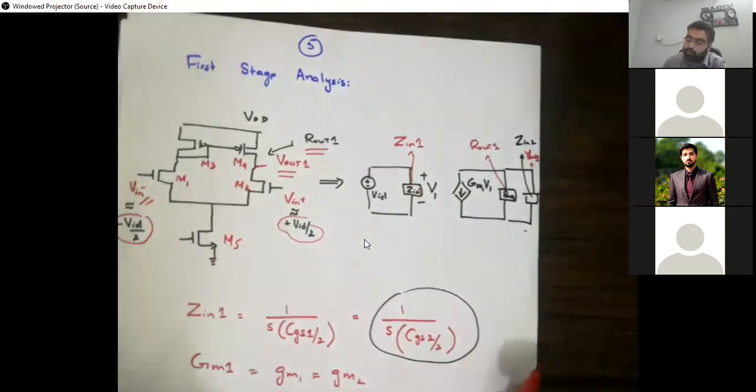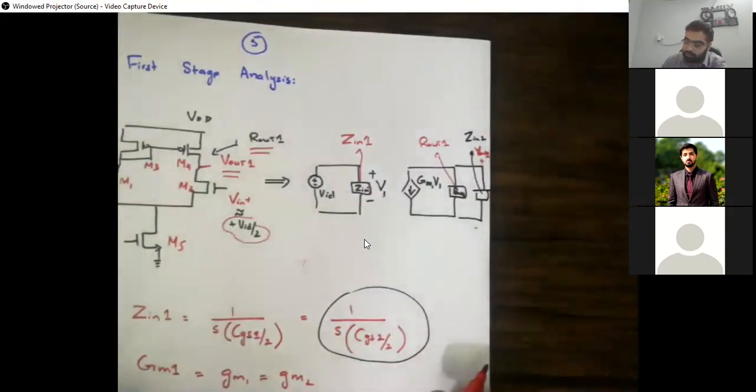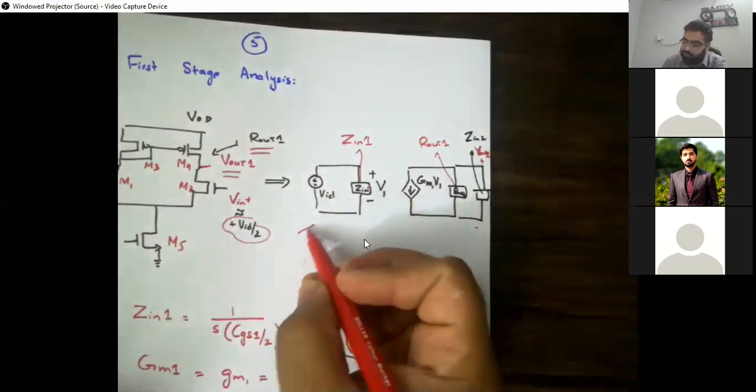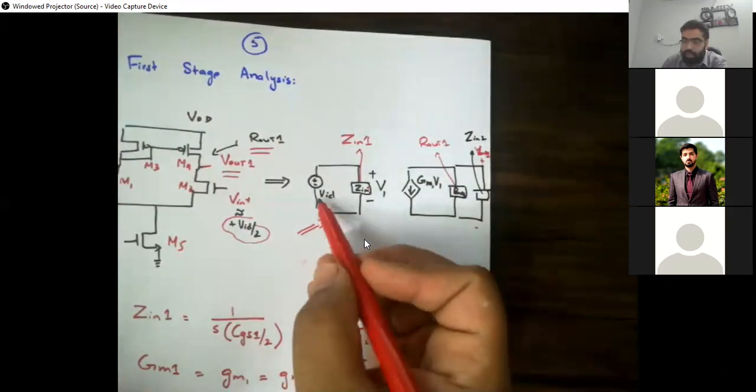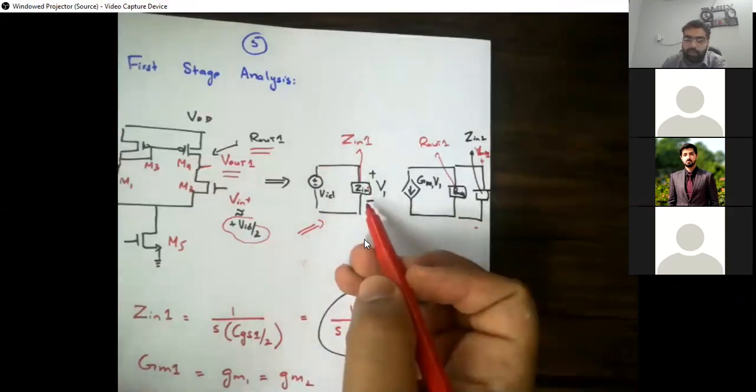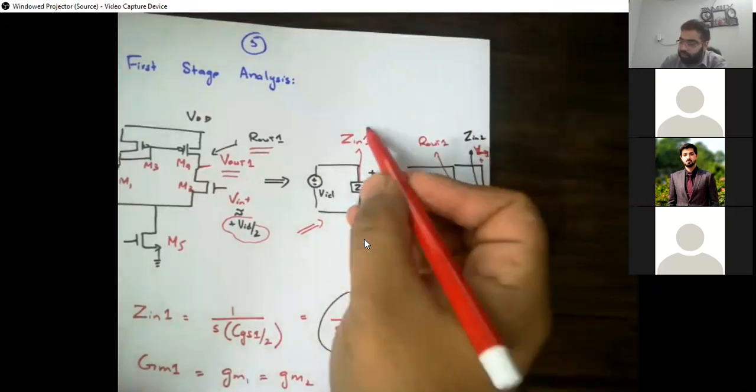अगर हम इसका two-stage model just for the simplification purpose draw करें, we can have this configuration. We have this जो आपने short circuit, if you remember the short circuit method where you try to find the GM, so it's the same thing. हम लोग क्या कर रहे हैं? We are just mimicking. This is VID, so there is going to be some input impedance Zn1.